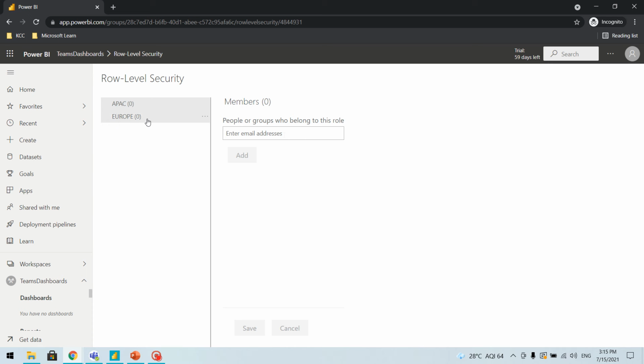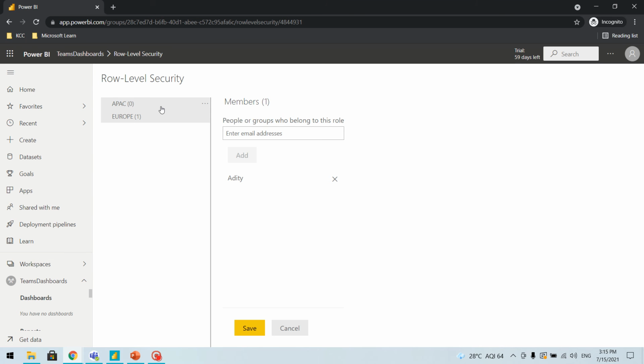I have two users, so let's assign this user to Europe. As soon as I have assigned this user, you can see this user will be able to access Europe. But my own user ID is kind of admin in the workspace, so I will be able to see everything.